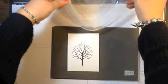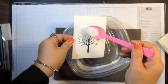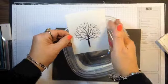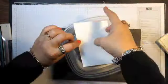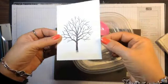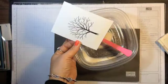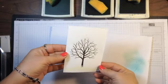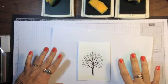Okay, so now iridescent ice is the bling of embossing powders, and it's really pretty, and I thought it would be great to mimic the little ice crystals on a tree. And it's okay if it sticks elsewhere on your page. It's just going to make it a really snowy, fun look. So now I'm going to take my heat tool and heat that up. Okay, so now I have all of the embossing done, and I'm ready to do some sponging,